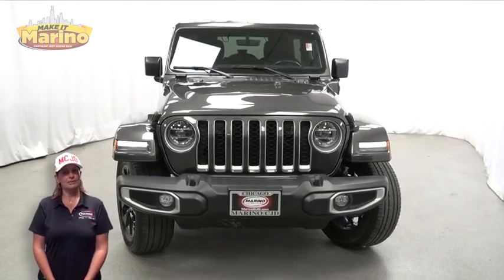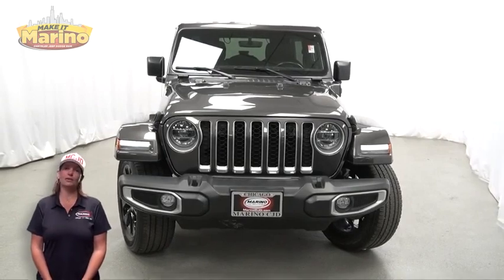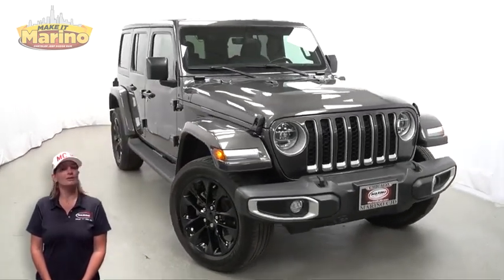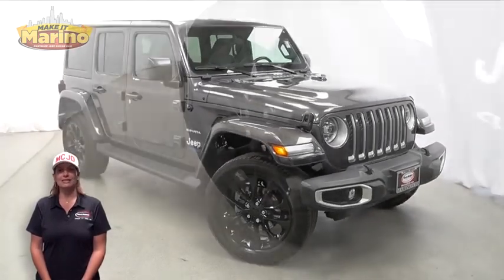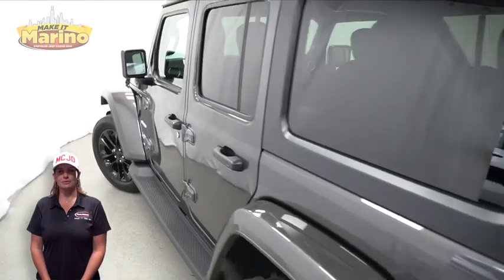Power, performance, capability, and capacity allow you to take this on and off-road as you take on new adventures. Take a look at this 2021 Jeep Wrangler Unlimited Sahara 4xe in granite crystal metallic with LED reflector headlamps, front